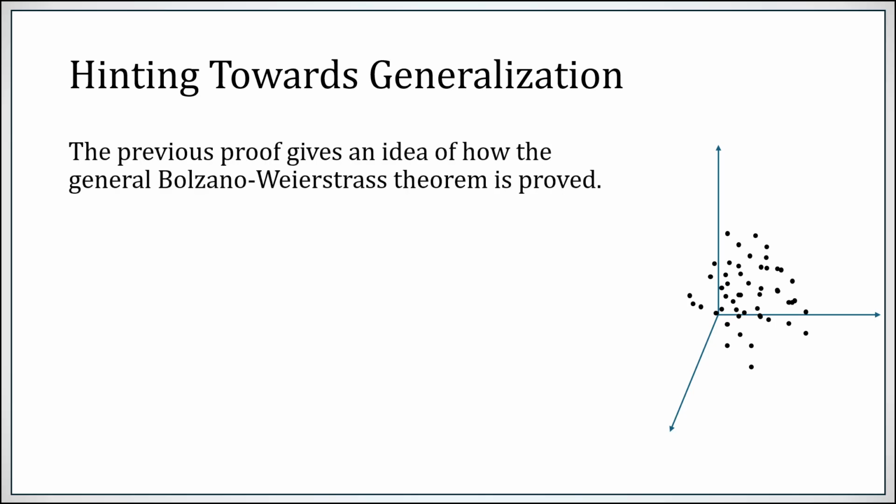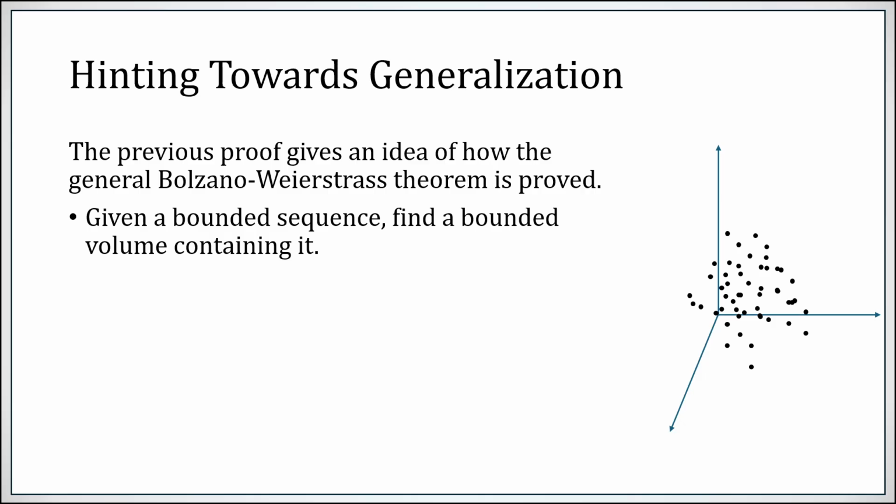So let's talk a little bit, at least, about the more general formulation of the Bolzano-Weierstrass theorem and how one might think to prove it. So suppose you have a bounded sequence. Now off to the right, I've drawn a collection of points in three-dimensional space. The Bolzano-Weierstrass theorem is more general than just sequences in real space. But I had to draw something, so there they are, a collection of points in R3.